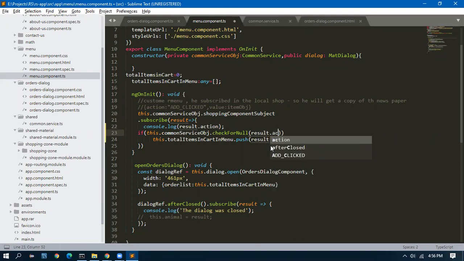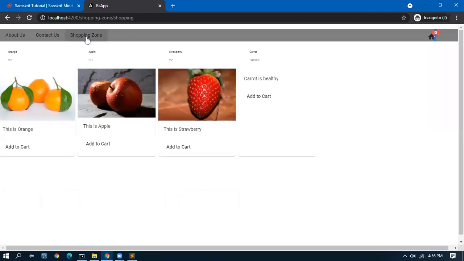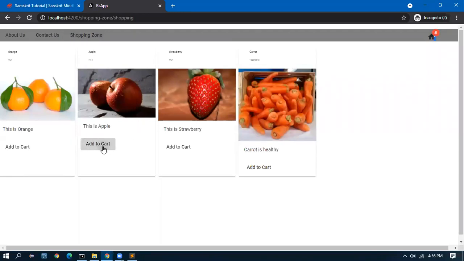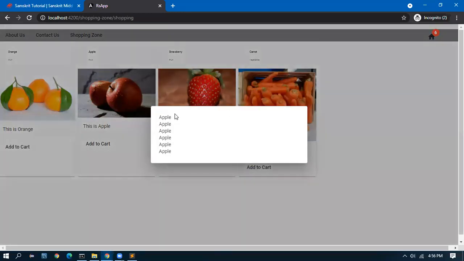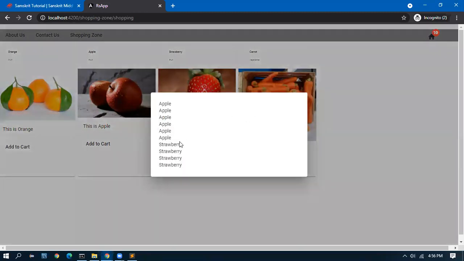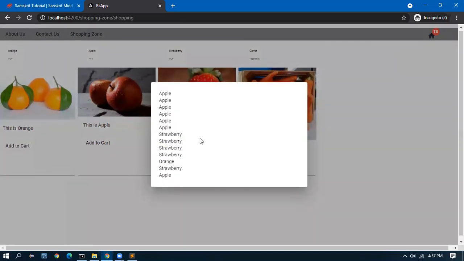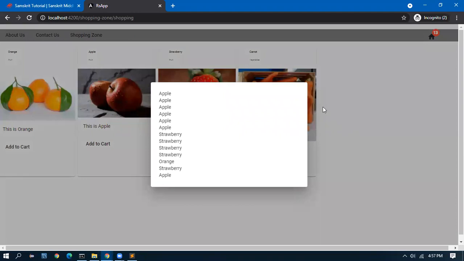If the action is undefined, super, we got a 0 here. So now the first element is not there, we have skipped it. If I go to the menu and start adding, we got everything. It's working perfectly. We got strawberry, orange, carrot, strawberry, apple. You can see this is working beautifully.